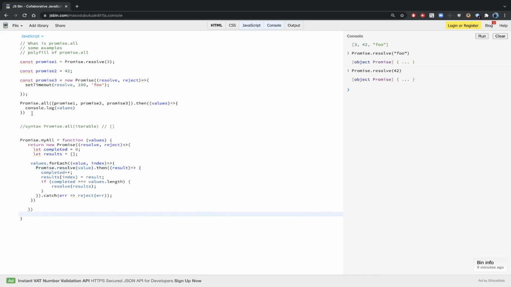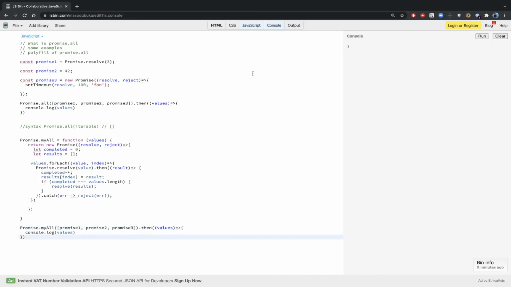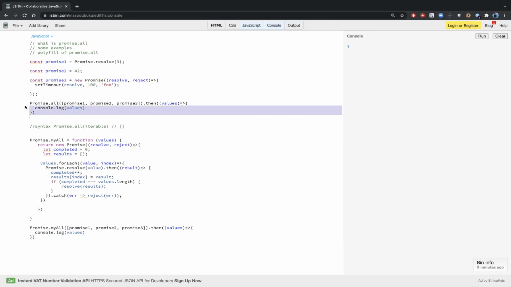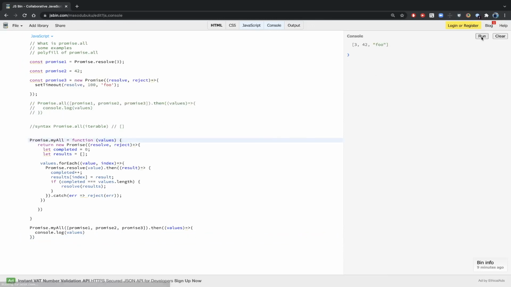Now we'll run my Promise.all and see whether this works. I'll just comment this out because this is not needed now. I'll run it again, and see, it's coming from here. To make sure that it comes from here as well, I'll just pass another value. Look, so this is coming. Let's say we can see the reject scenario as well. So I can just pass a Promise.reject with the reason, not foo, I'll call it bar, and see what happens now.